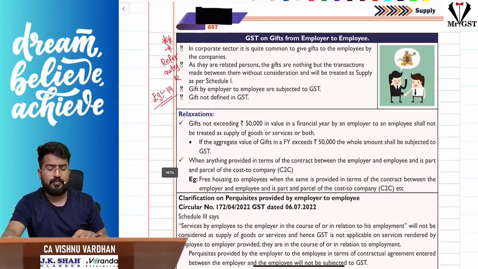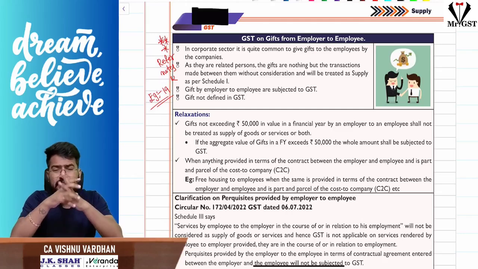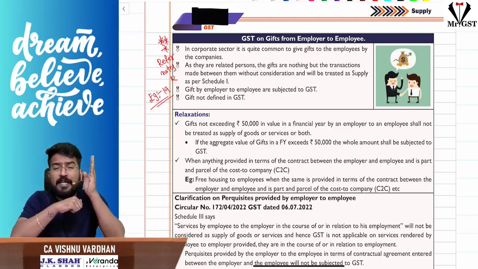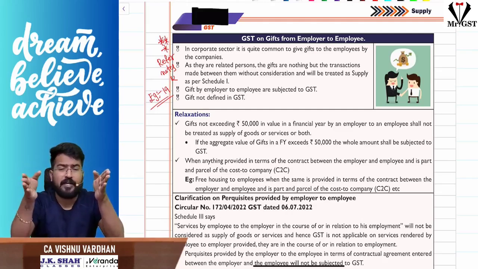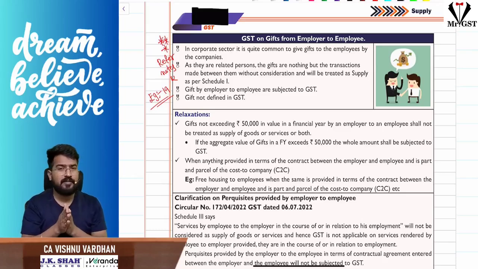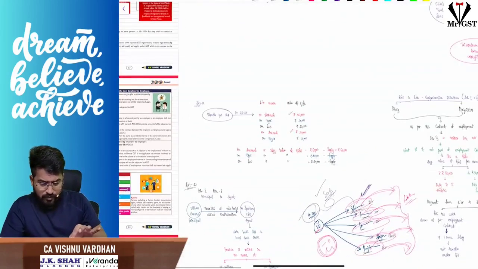As you all know, employer and employee are called related persons. Generally, in the employee concept, the employee draws salary from the employer, and whatever services the employee provides to the employer in the course of an employment contract is not a supply as per Schedule 3. What is Schedule 3? Neither a supply of goods nor a supply of services. So if you analyze this situation,